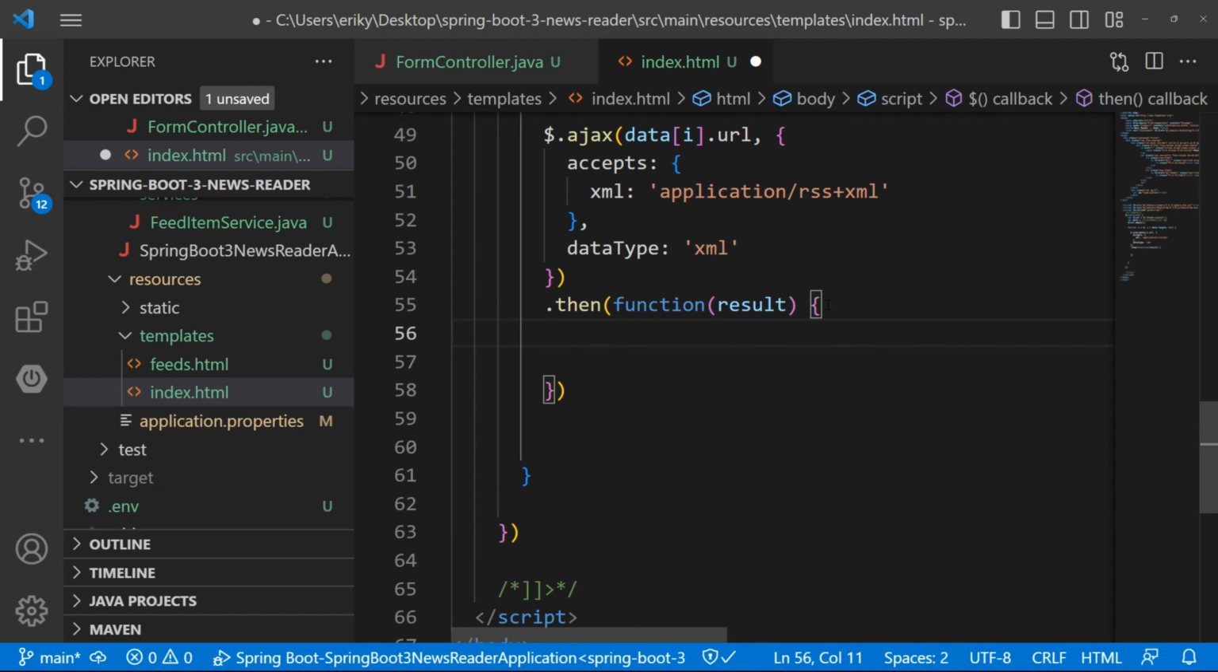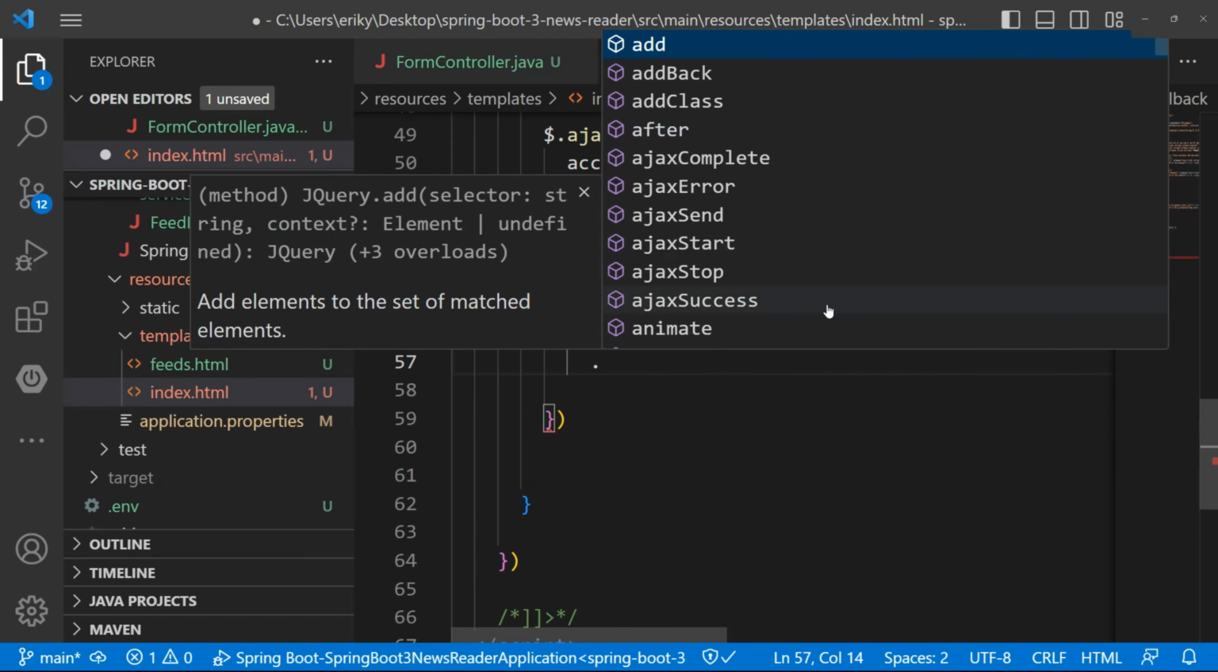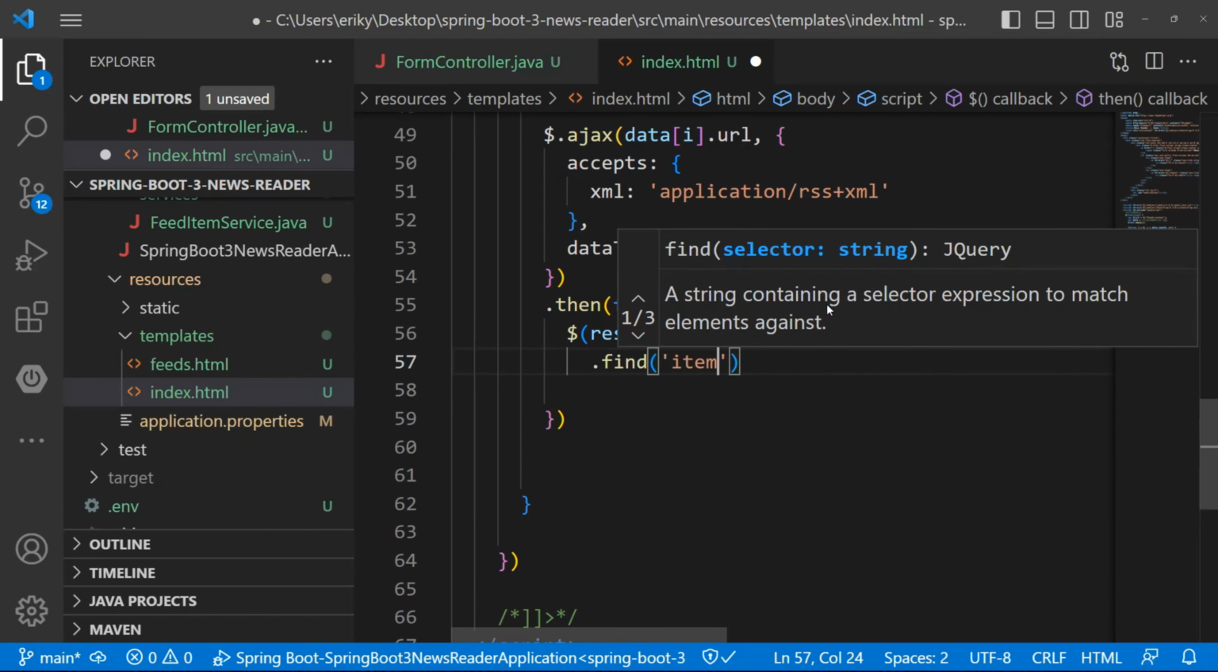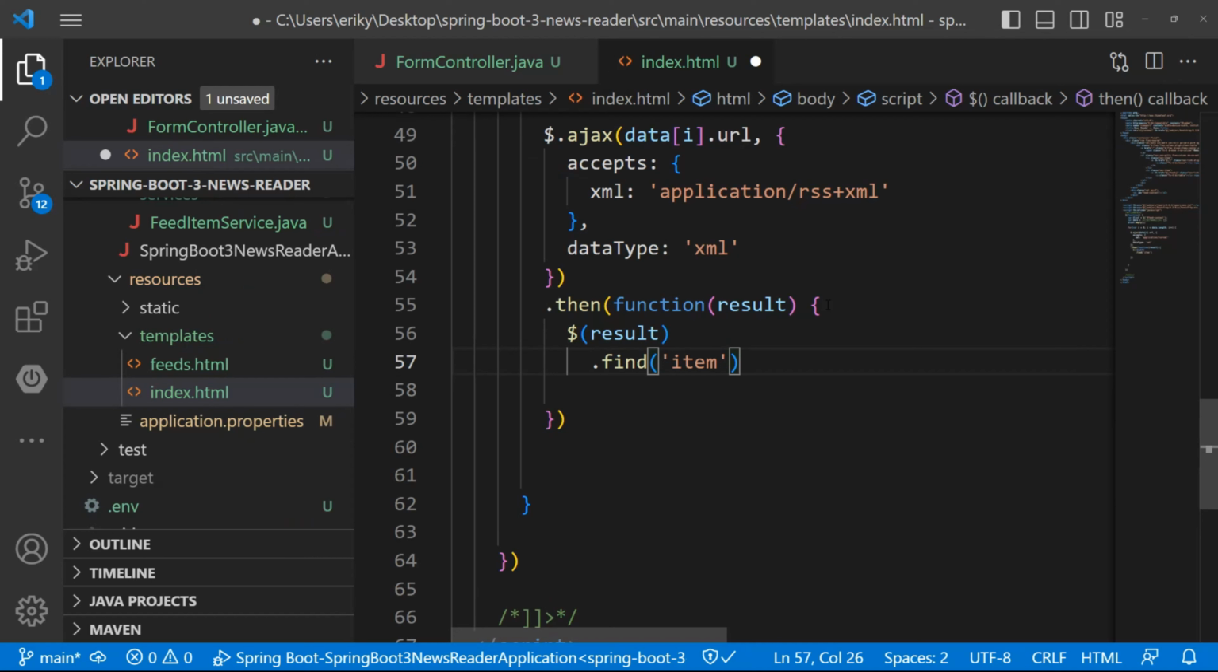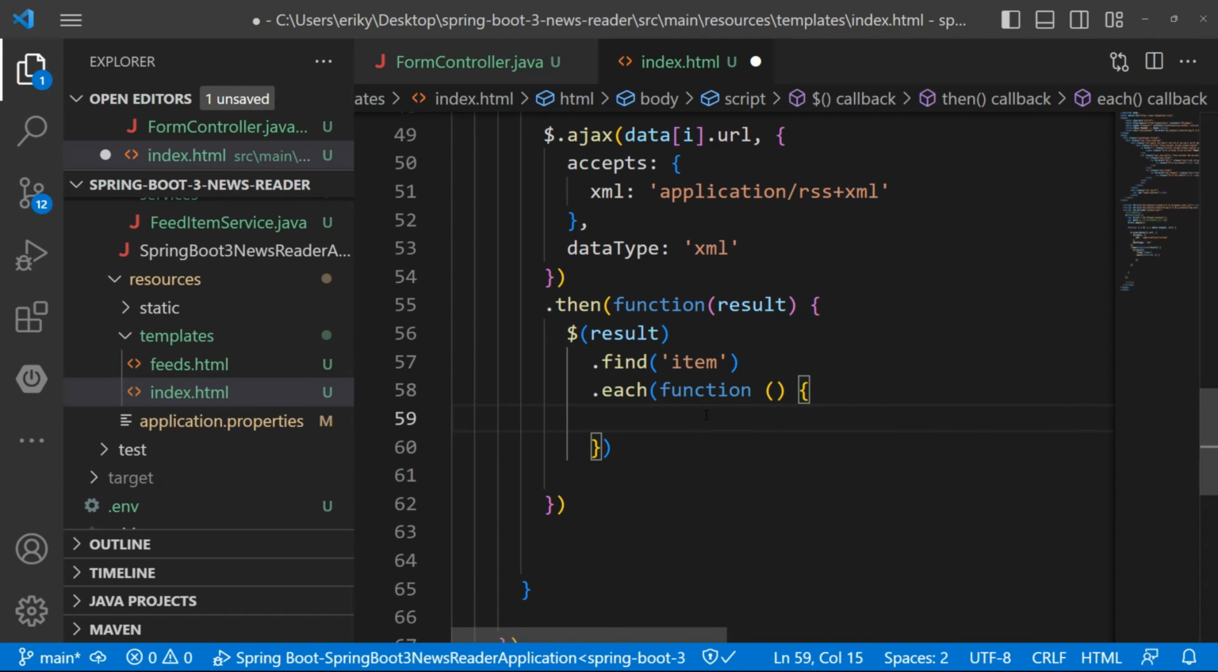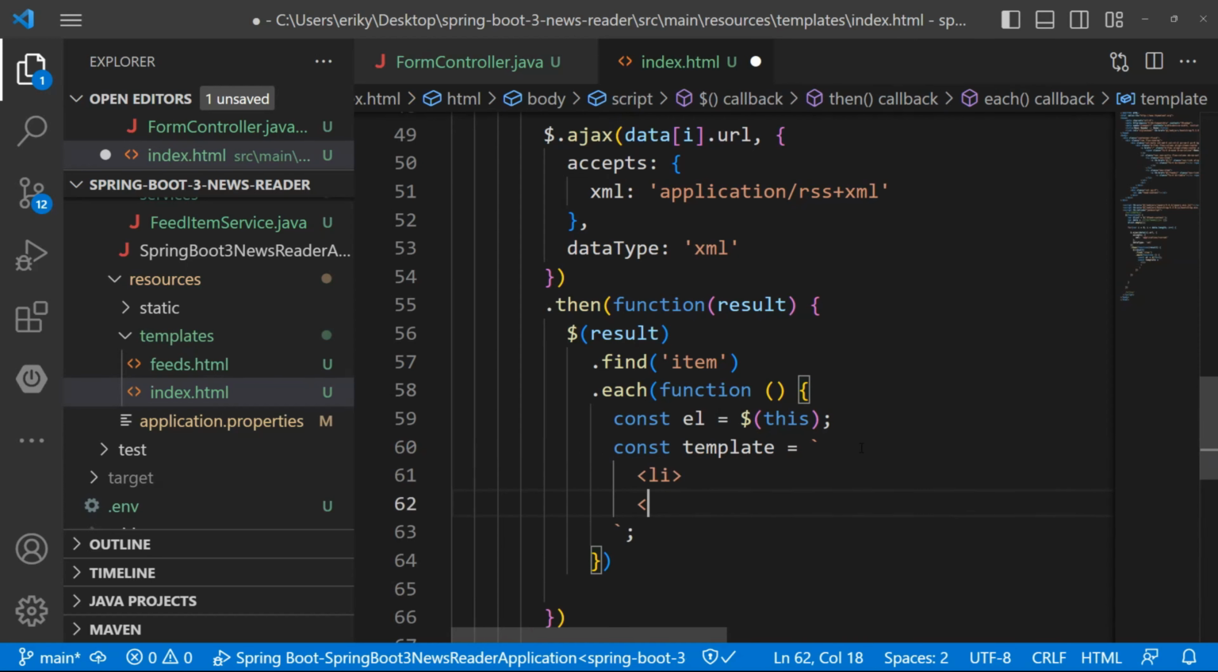So let's go ahead and wrap that into jQuery, and we want to make use of find to look for items. So we're going to go through each item that we find in the result RSS object. First let's assign el to be $(this), and then we'll create a template, basically an HTML template. And so we'll use a list entry,